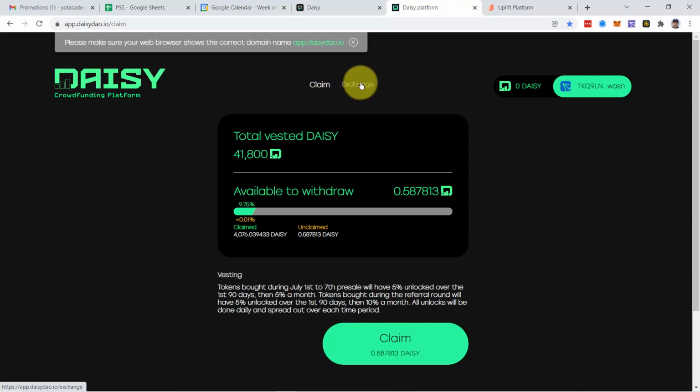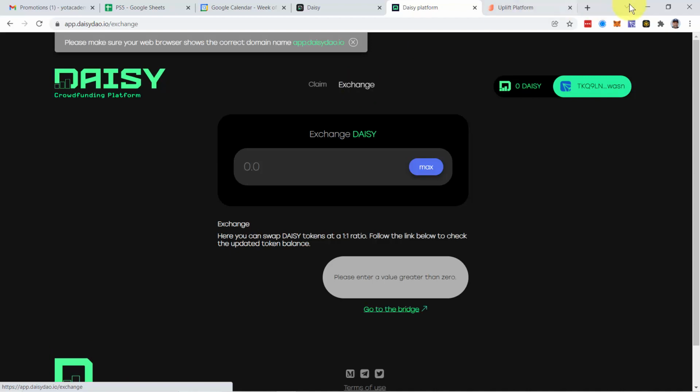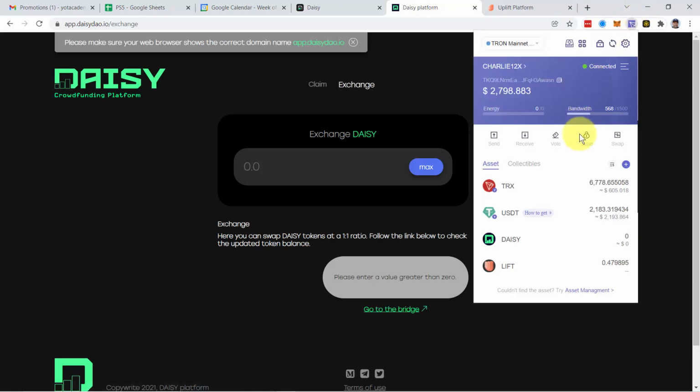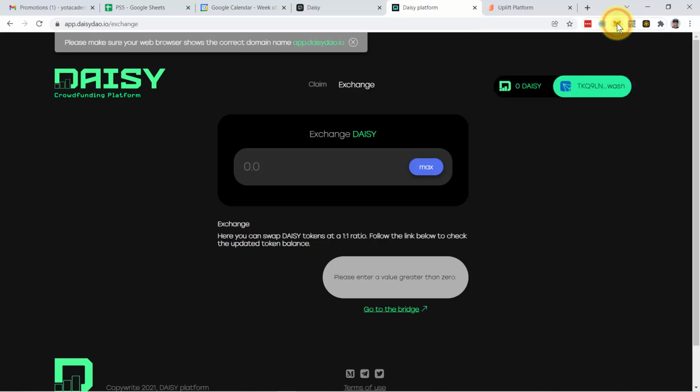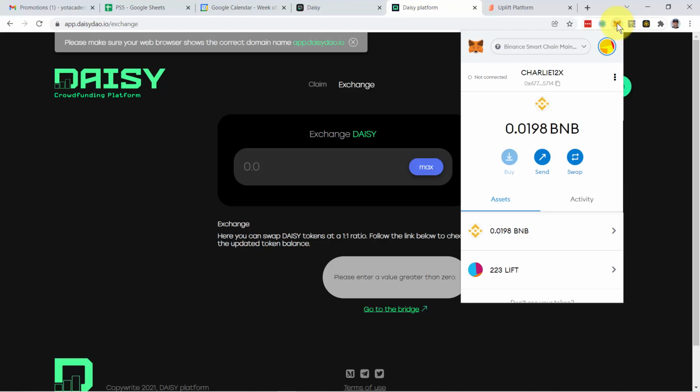Then we exchanged it into UPLIFT. We then moved it from our TronLink wallet over to our MetaMask wallet into the account that we imported from TronLink, and we did that on the